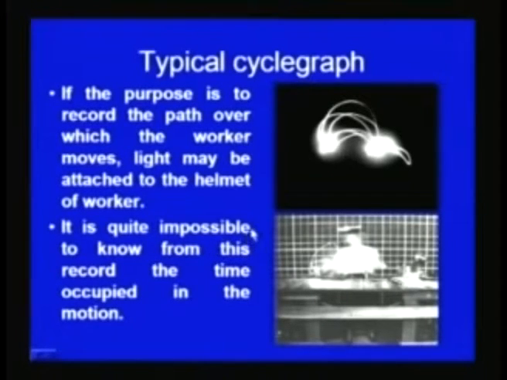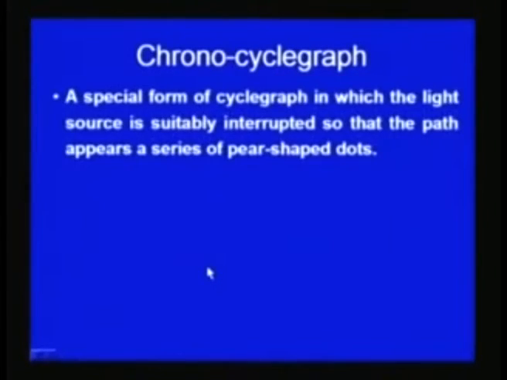and that is why the speed of movement, or the time required for performing the movement from one position to another, or for performing one task to another, how much time it will take, that cannot be recorded using the cycle graph. The chronocycle graph in that way is very effective, because it helps to find out what the speed of the movement is,